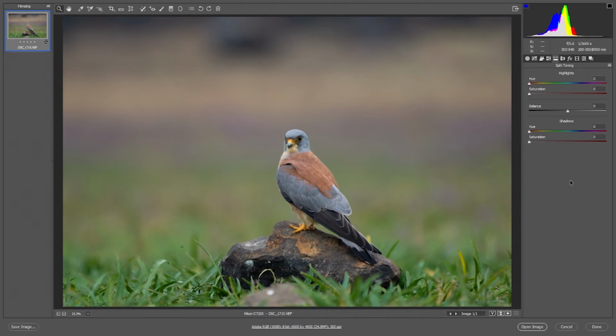This is a very useful panel. So the split toning panel is, you can see highlights and you can see shadows right here. So again, let's give a hue to both of these. So I'm going to give highlights a blue hue, and I'm going to give shadows a yellow hue. Okay, so it's quite far apart on the hue